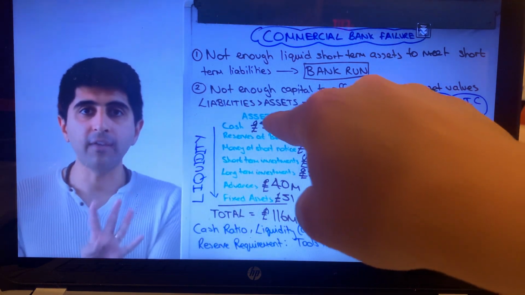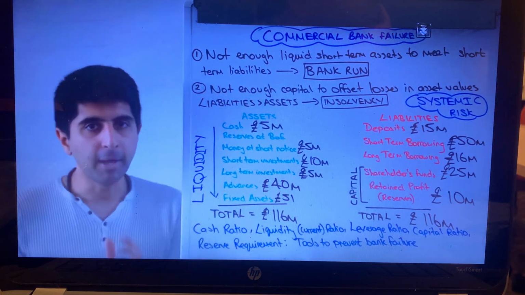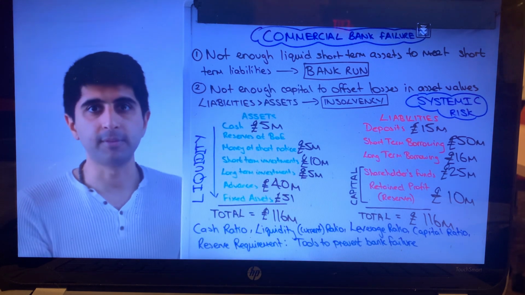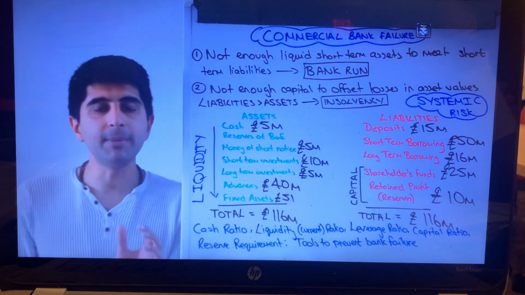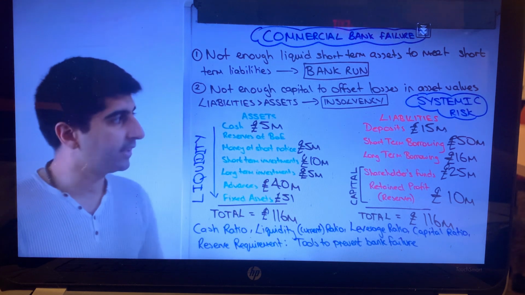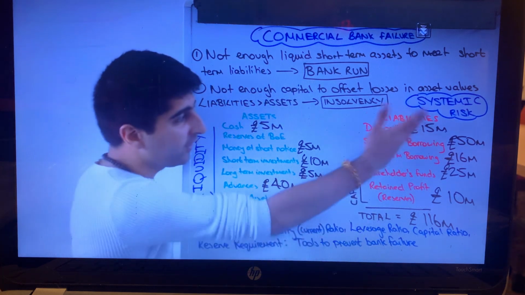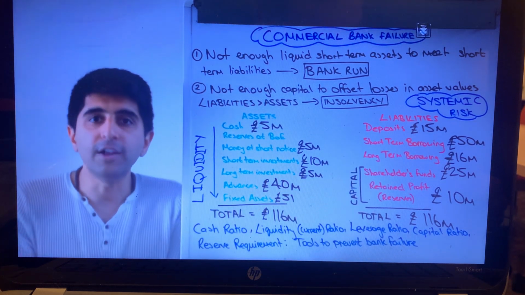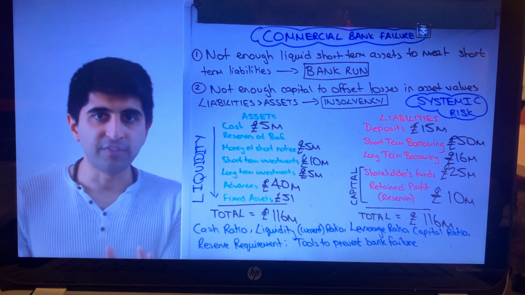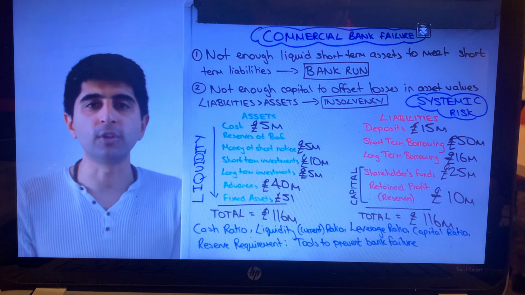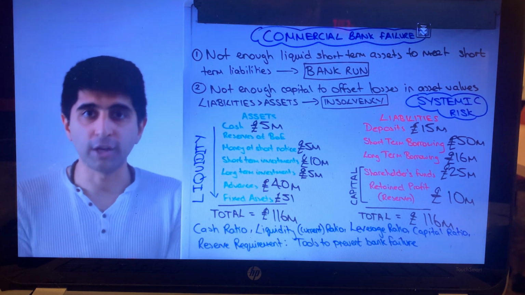The four current assets or short-term assets are cash, reserves at the Bank of England, money at short notice, and short-term investments. These are the four current assets. This commercial bank currently has only got £20 million worth of these short-term assets. They've got £65 million of short-term liabilities to pay, which if they have to pay those off right now, they can't do it. There will be a run on the bank, there will be a liquidity crisis here, the bank would fail. This is when you see these huge queues outside high street banks where individuals want their money back right now. That's a run on the bank.